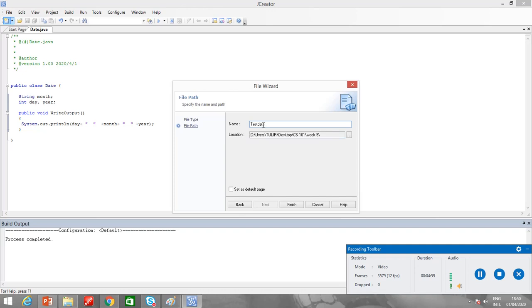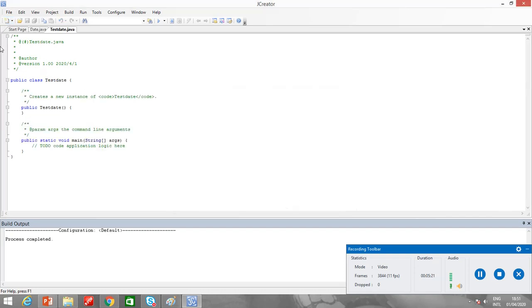Test date, so that next time if I want to check which program or which class this file belongs to, it will tell me it belongs to the date file. If I have test main classes for many different programs, it will be quite confusing. That's why I gave it the name test followed by date. But you can give any name, that's not a big deal. Alright,